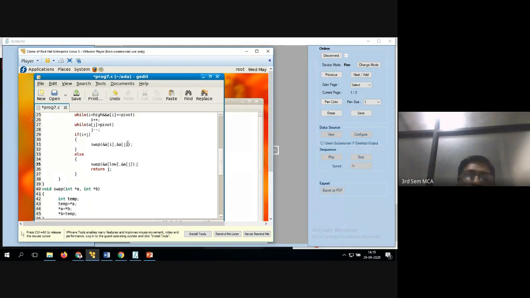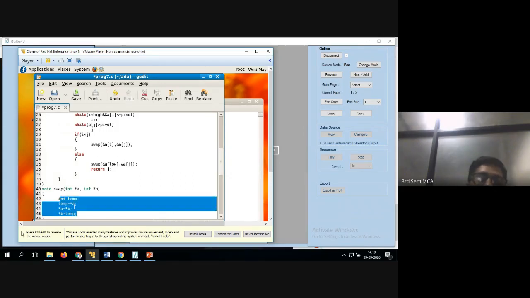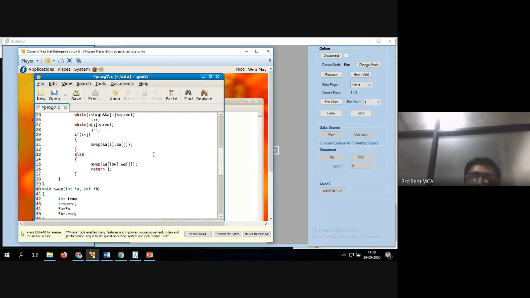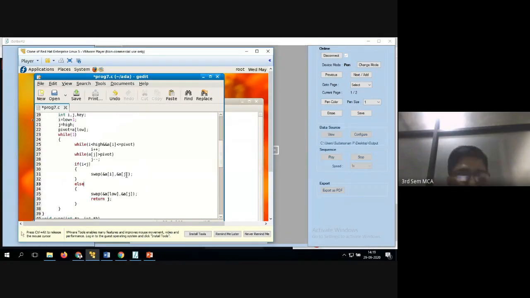Otherwise somebody will write it inline, you can write it that way also. That means the same code would have to be written here also, and here also. So instead of that, write it separately so that you will not get any problems. That is the way of writing the programs.